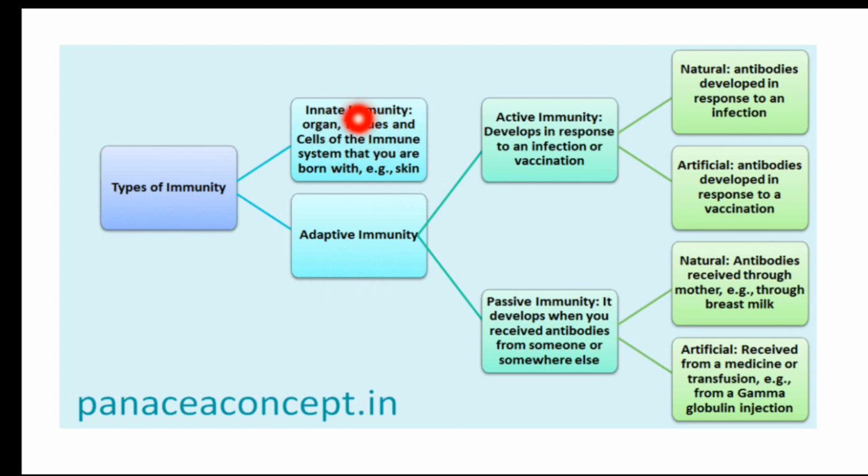This natural immunity is nothing but through the species, races, or specific characters, like you are born with white type of skin, for example, skin they have given here. So this is natural or innate immunity, and the adaptive immunity is further subdivided into two forms, that is